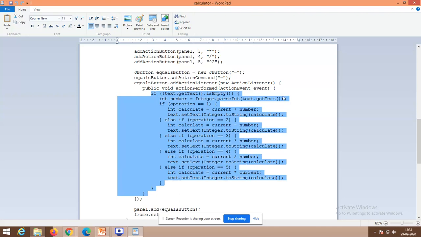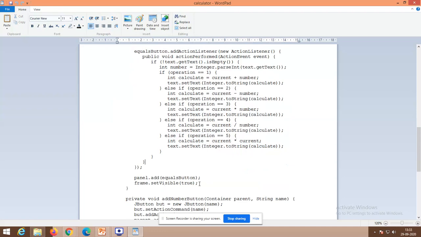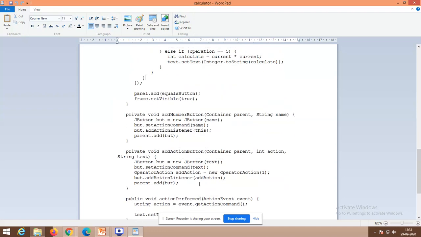Because whatever we receive in the text box or text field will be a string only. That is the reason why, by using a wrapper class, we are converting it into an integer. So that could be the case for every content that we are ready to handle.